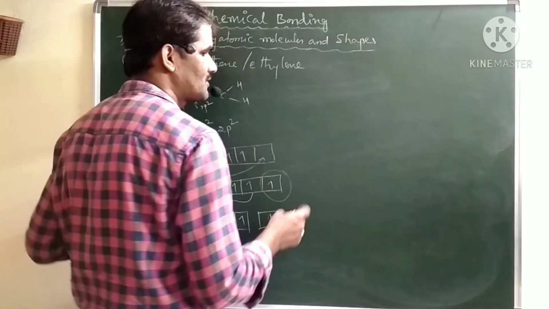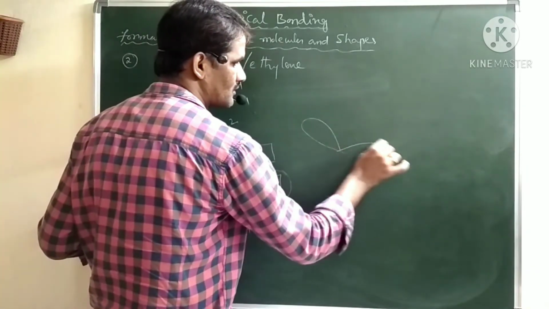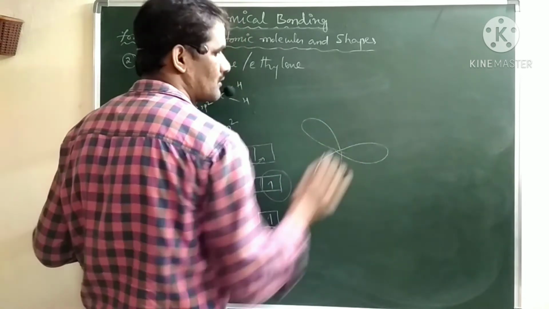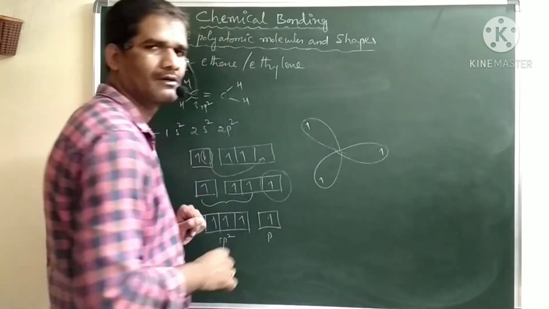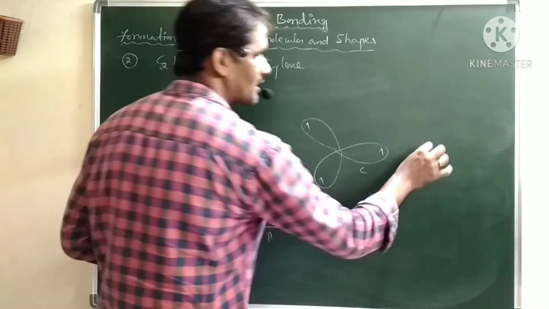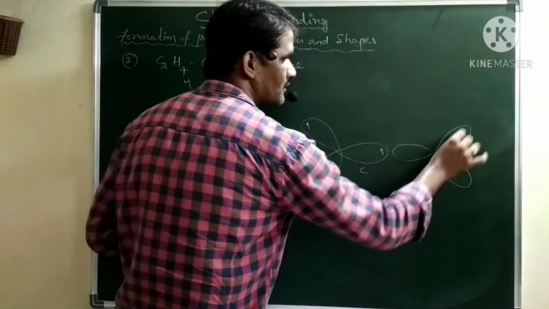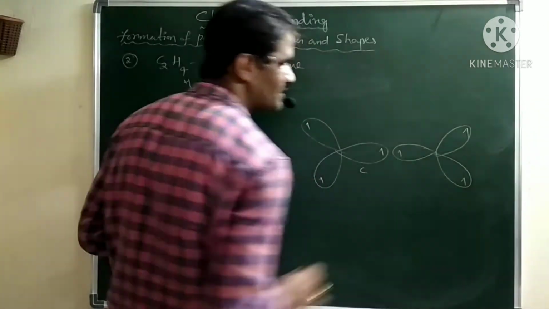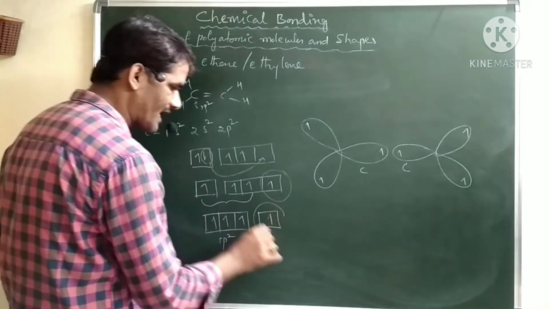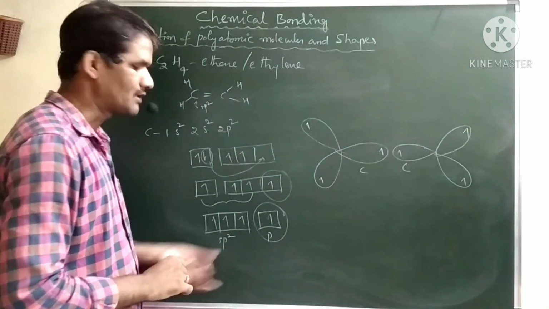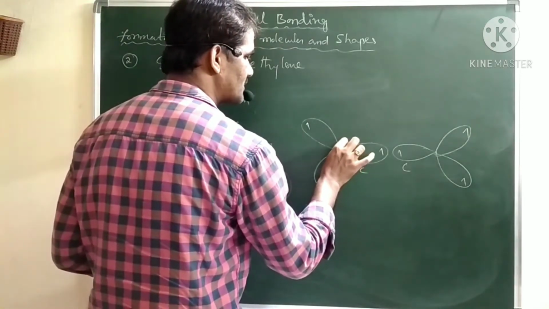Now if we see the sp2 hybridization, that is a trigonal planar type structure. Each carbon has 3 sp2 hybrid orbitals having one electron, and this is one carbon. Similarly the other carbon also has the same sp2 hybridization. Apart from this sp2 hybridization, each carbon is carrying one p orbital. Generally p orbitals are perpendicular to this one. These are the atomic orbitals.